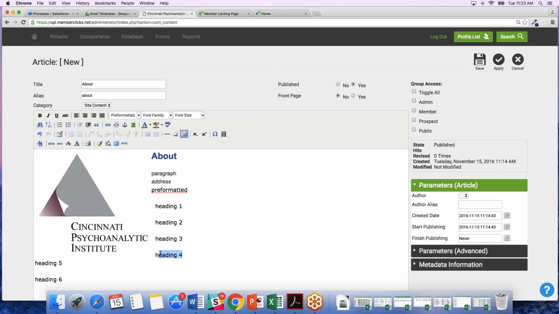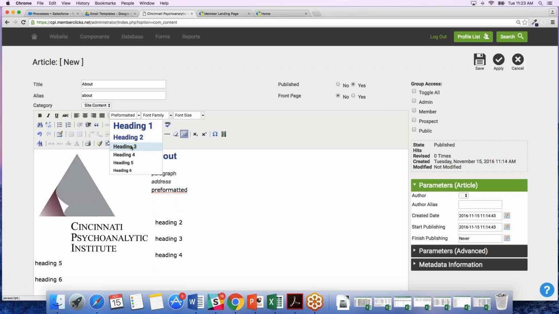Let's try this. Well, I'll see if I can find a cheat sheet. I don't know why I'm not able to. I haven't had this issue in the past where it just wants to do all of it. I'll look and see if I have a cheat sheet, but we can look and see what paragraph, address, and formatted. Heading 1 is just going to be this one here. I think it doesn't want it